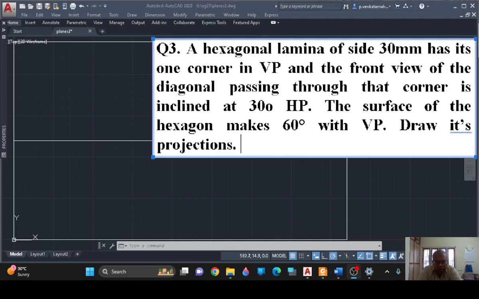So the question is like this: a hexagonal lamina of side 30 has one of its corners in VP, and the front view of the diagonal passing through the corner is inclined at 30 degrees to HP, and the surface of the hexagon makes 60 degrees with VP. Draw its projections. So this is the question. Now here,